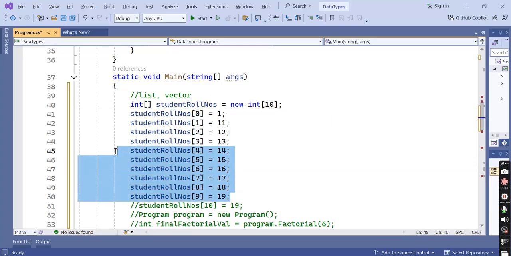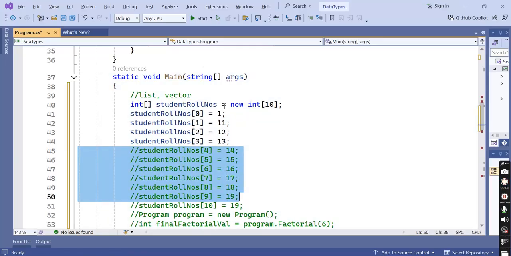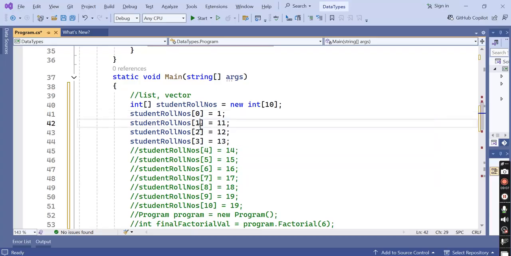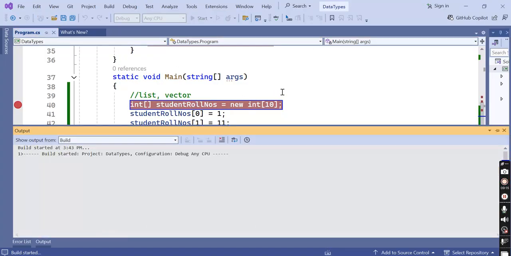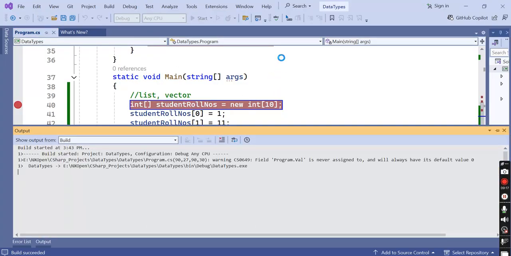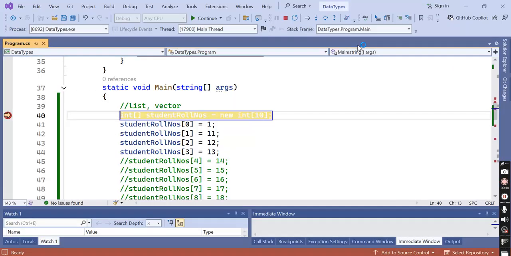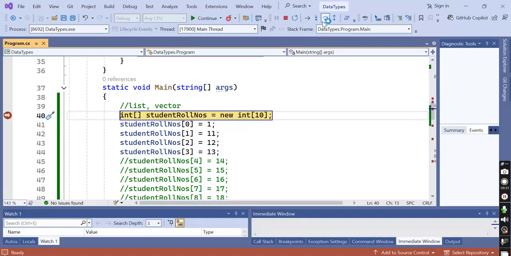Suppose what Vidya is asking? Vidya is asking, so I am giving only 4 values, 0, 1, 2, 3. So let me debug it. I am putting the breakpoint and start debugging it, and let me execute it. Okay, I am debugging it. I am clicking F10,